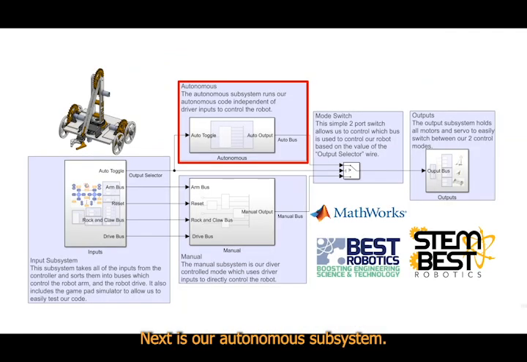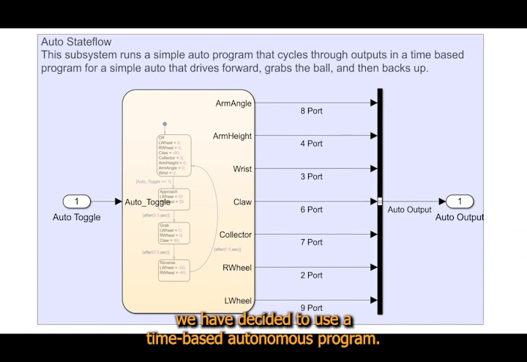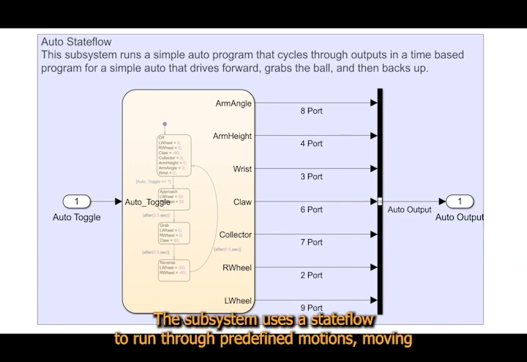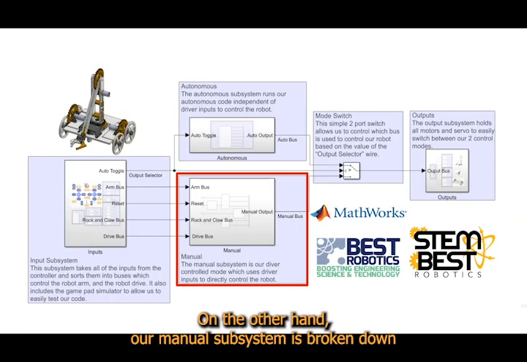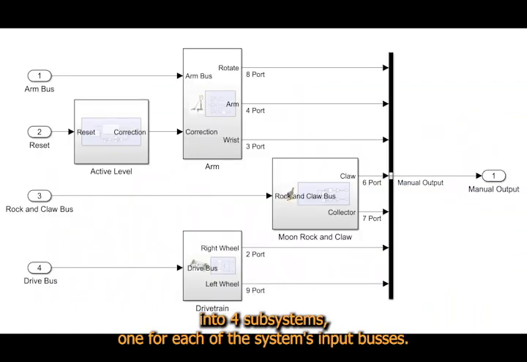Next is our autonomous subsystem. This year is the first year we have decided to use a time-based autonomous program. The subsystem uses a state flow to run through predefined motions, moving to retrieve the tennis ball by changing its output value bus. On the other hand, our manual subsystem is broken down into 4 subsystems, one for each of